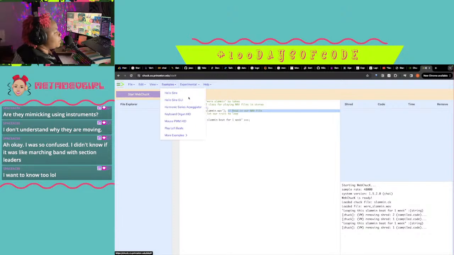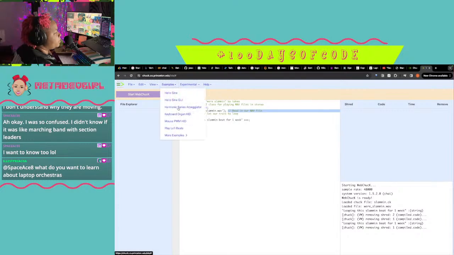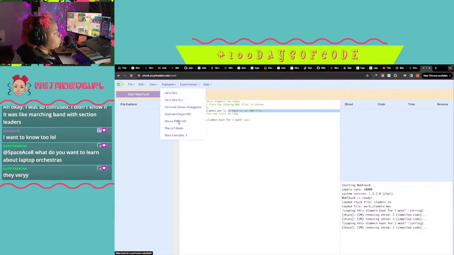That's not helpful because that one is just playing a loop of an actual file. But my keyboard organ. I want to see more code. Oh shoot, hold on. Open keyboard and then what sounds can